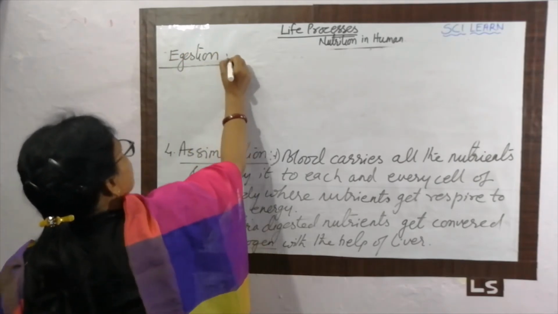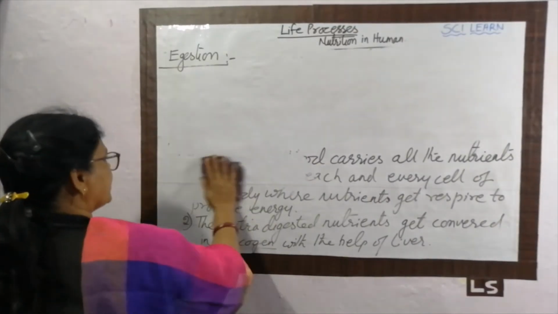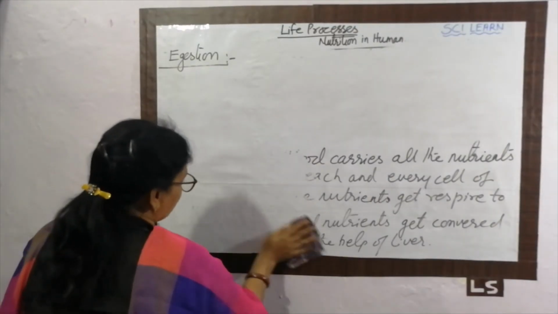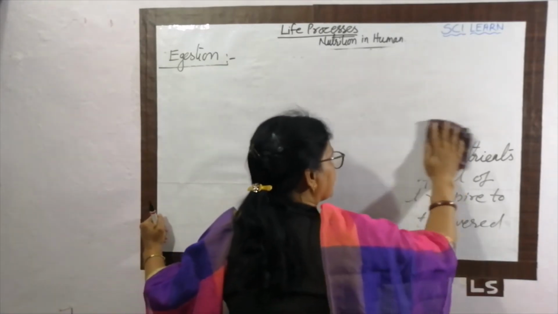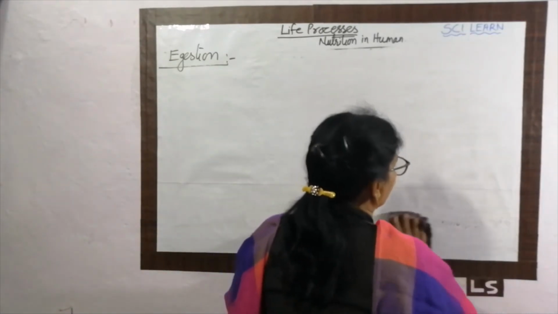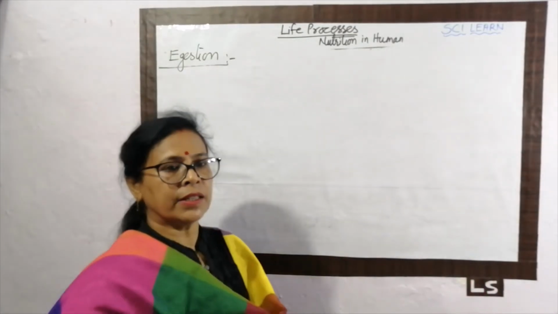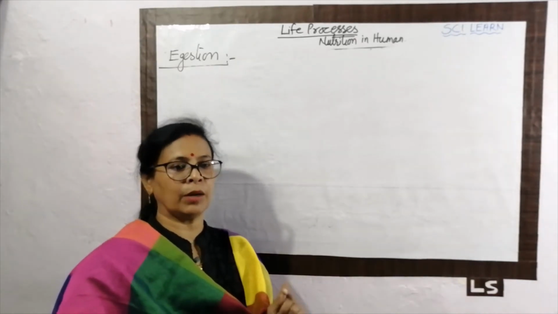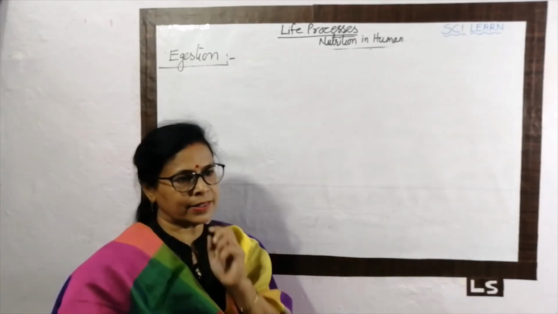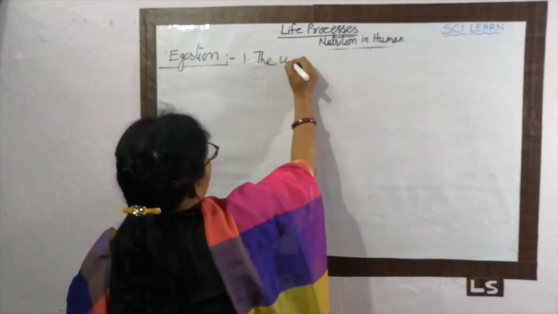Okay, digestion is simply the removal of the waste or the undigested food out of the body. All the food which does not get digested gets converted into solid waste, and that solid waste is removed out from the body with the help of the large intestine. So what happened here? The undigested food